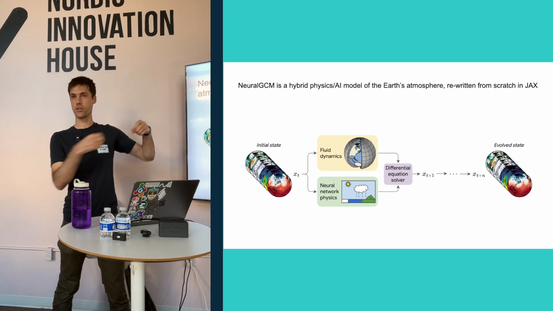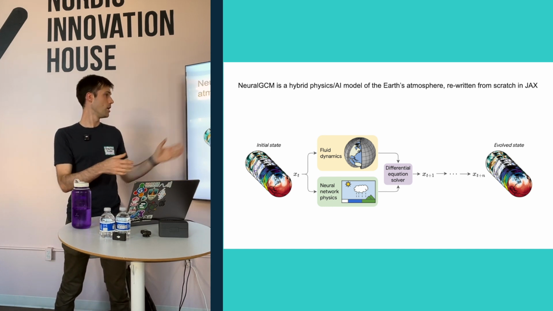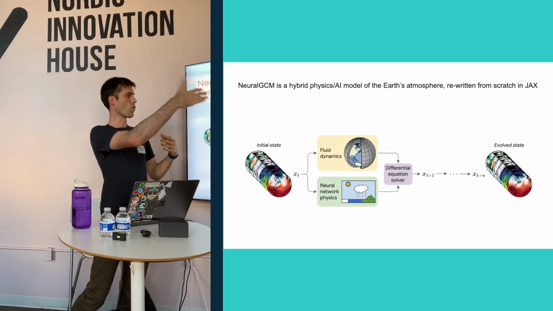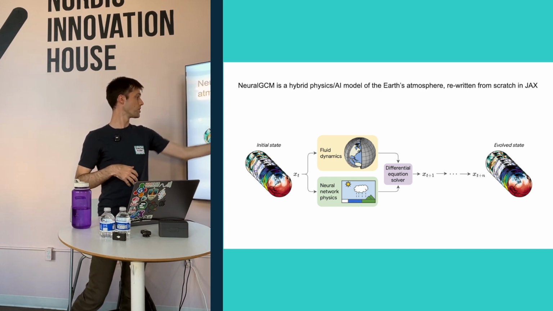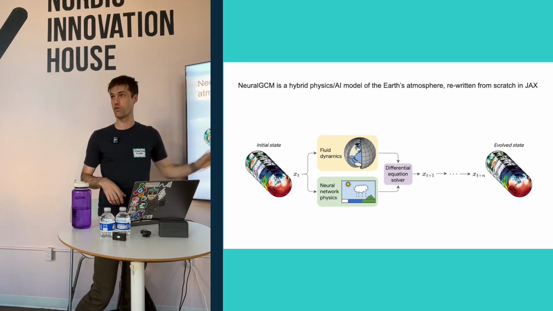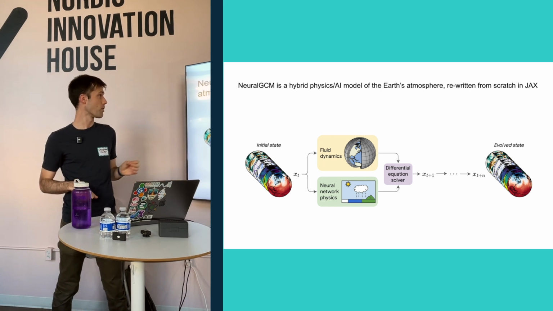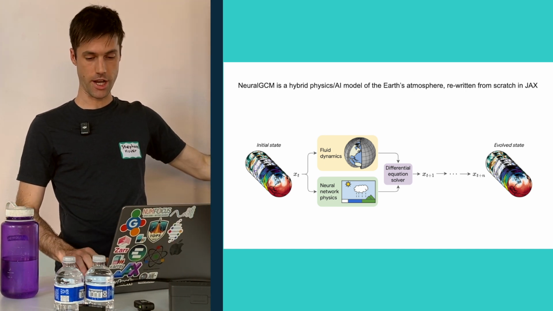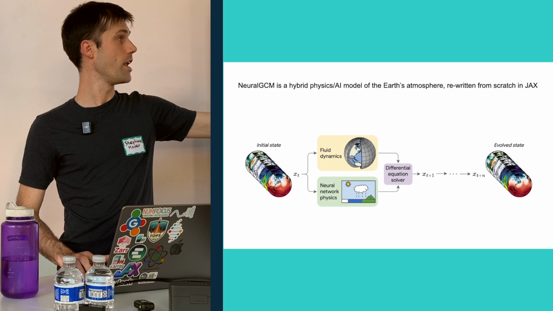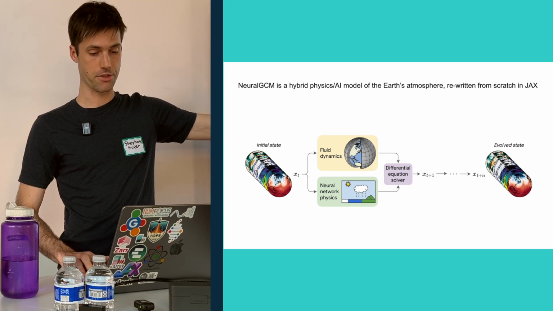So we're going to put together the traditional solver plus the neural network part and plug it into an autoregressive forecast out in time, tuning this model to match historical weather observations from the past 50 years of weather. We wrote the entire thing, including the physics simulator, from scratch in an AI framework called JAX. I'll tell you a little bit why that's important.